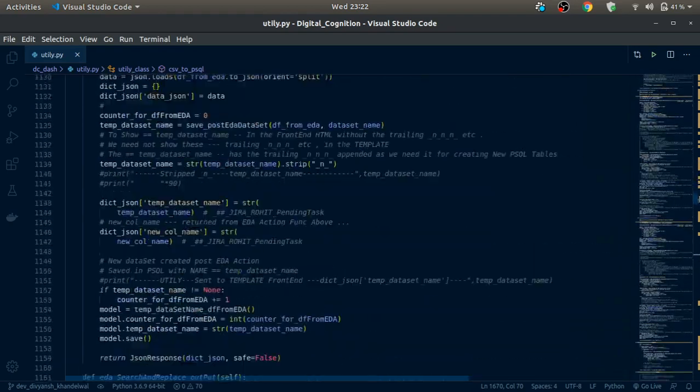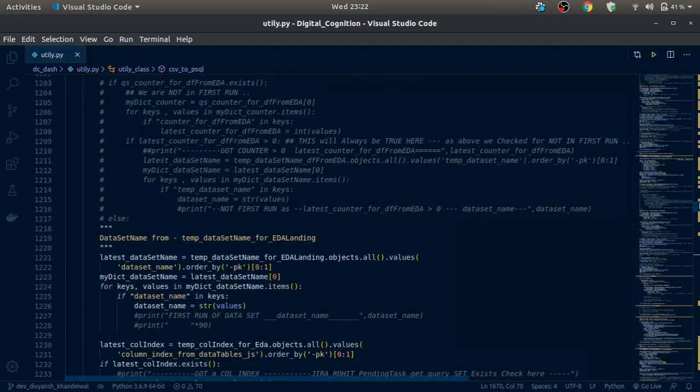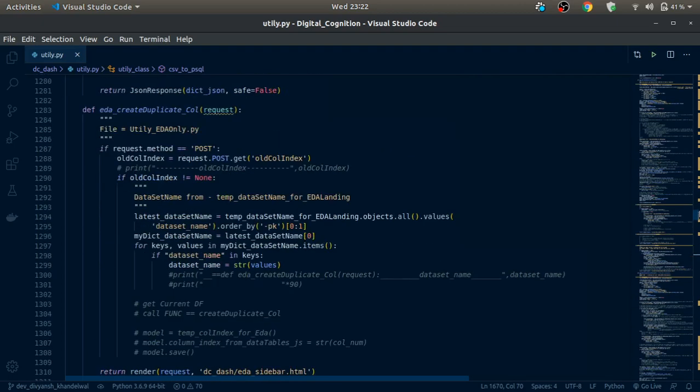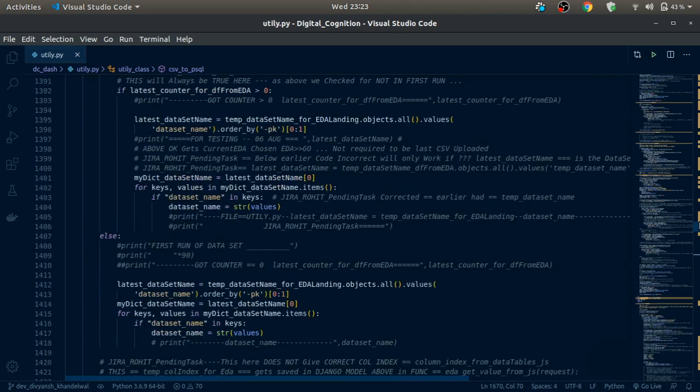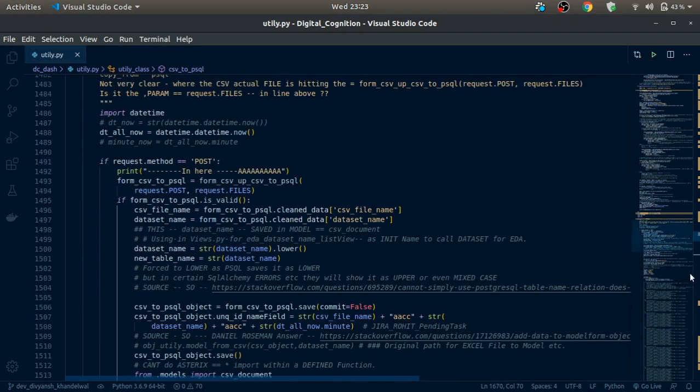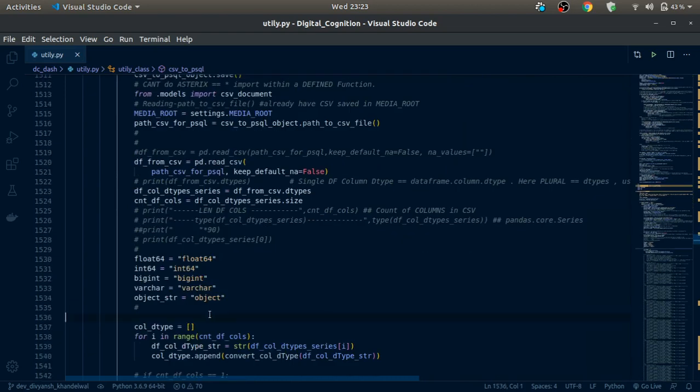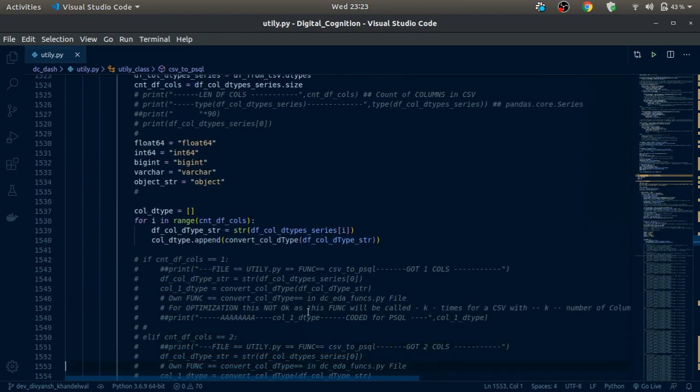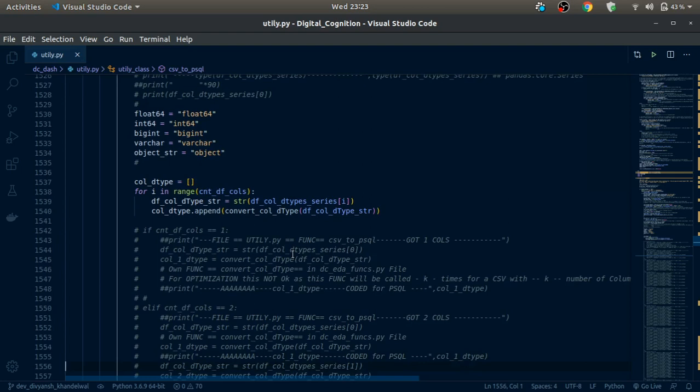So what I did was, where is it? Yeah, here. All these checks were defining data types. I just made an array of column data types, and these three lines will take care of everything that was previously coded in all these lines.